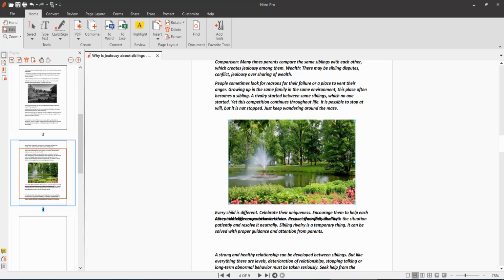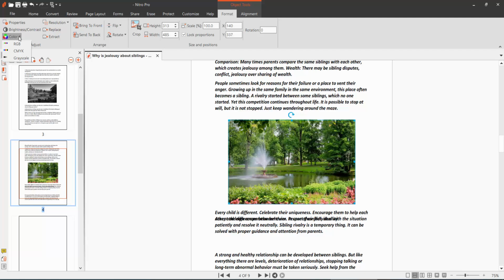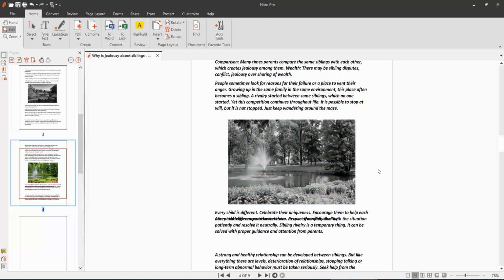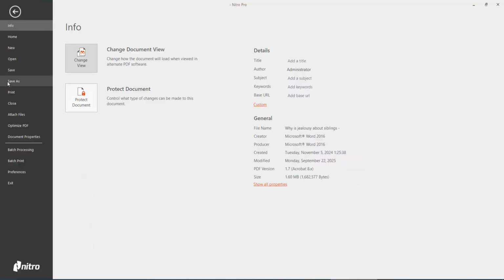Also, I'll convert this one to grayscale. Select it and choose Format, and do it in a similar way, and see this. Finally, select the File option, and save or save as a